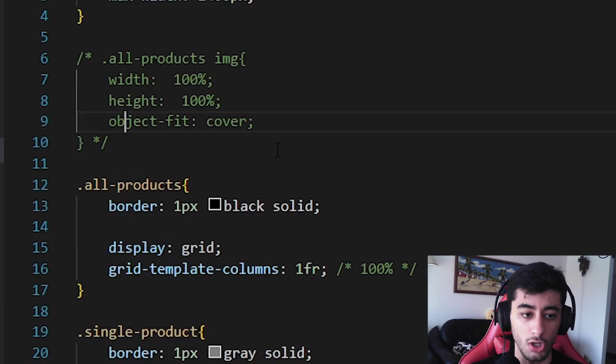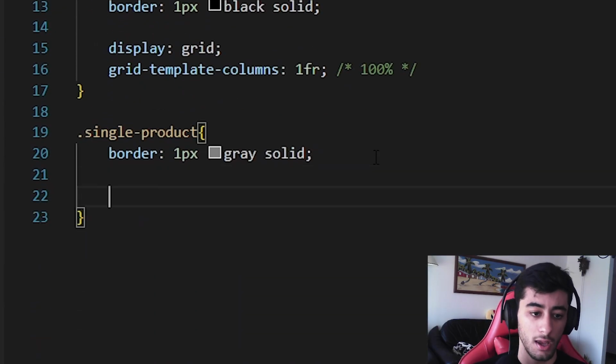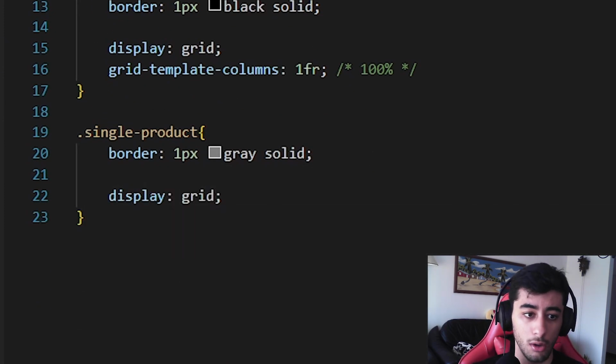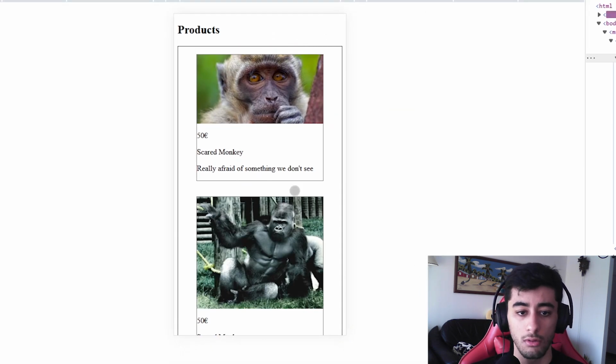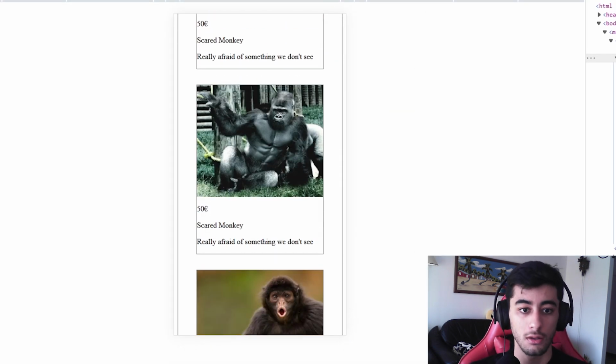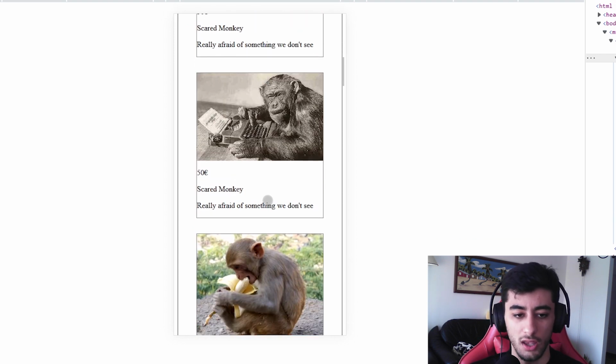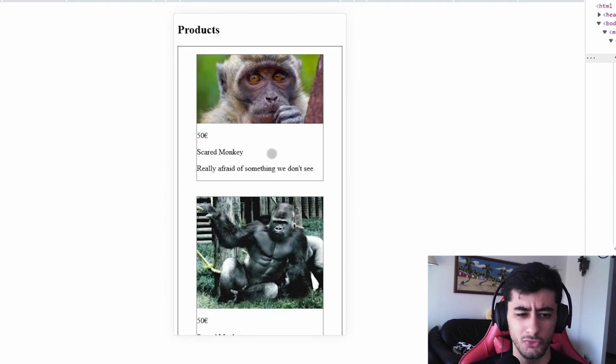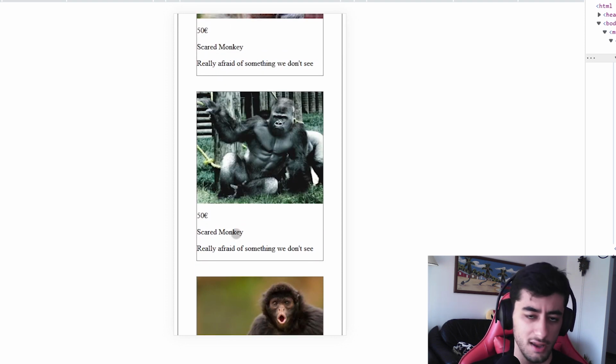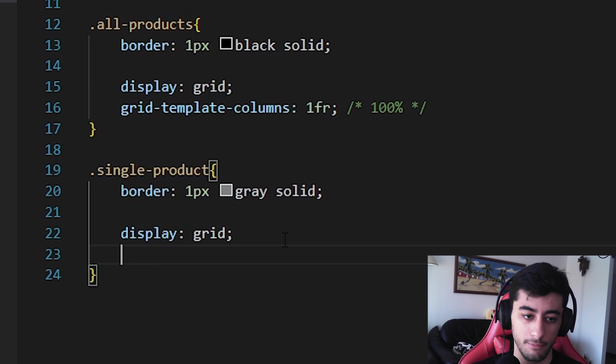because we commented them, remember? So we are going to simply come here and say that the display is going to be grid. We are going to uncomment this image, and now everything suddenly got way better. Now, each image has its own size, but to always make sure that image is bigger than the text, the price, the description and all, we can come here and set the template, but instead of columns, we are going